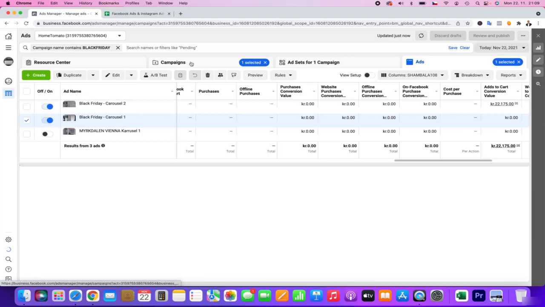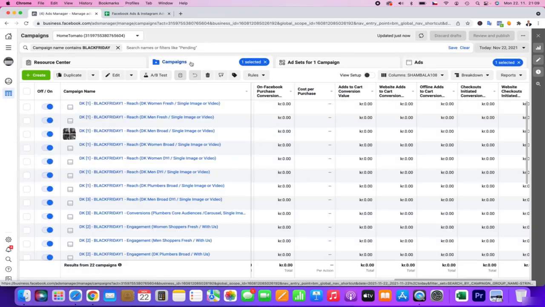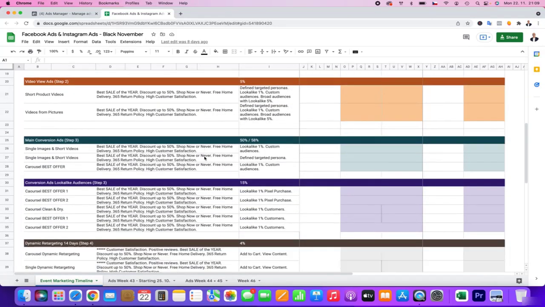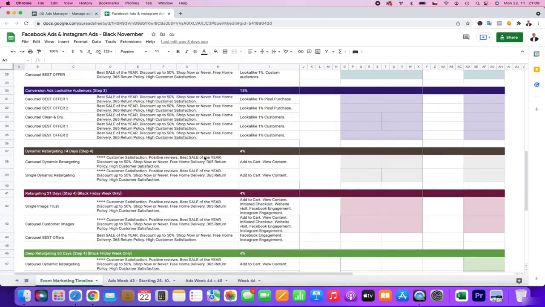What I'm really happy about is what we did as a team. I'm happy that we did very exact planning. We really connected all together. We really did our best to create all the campaigns, all the ads.